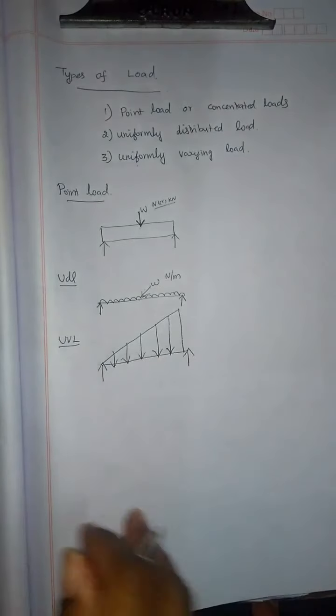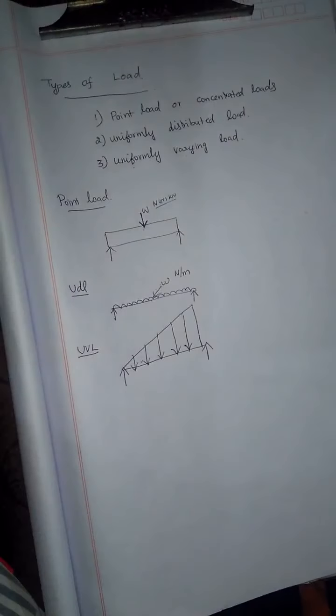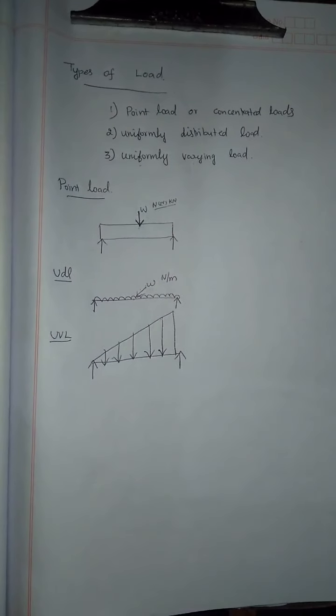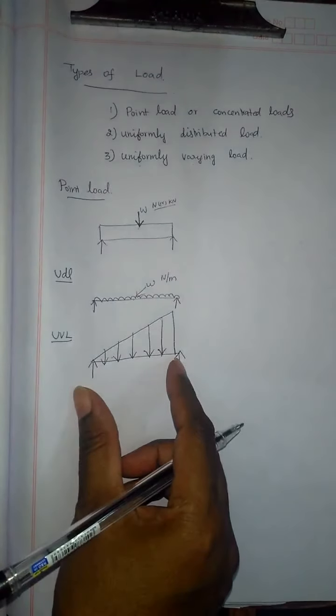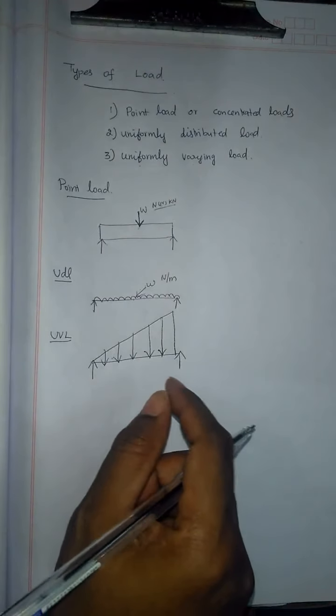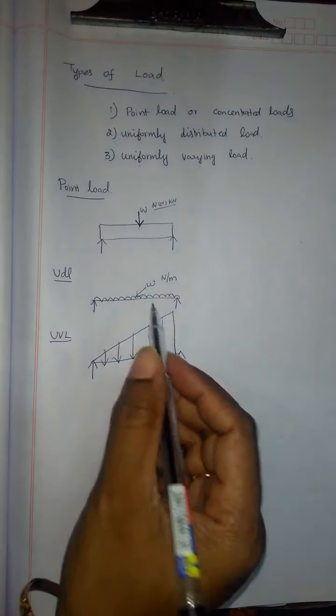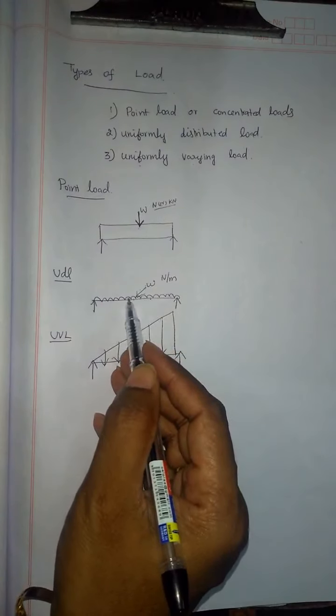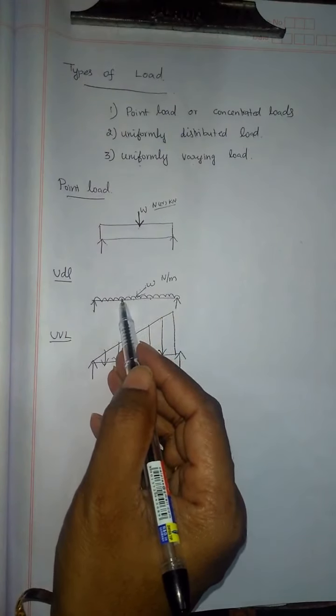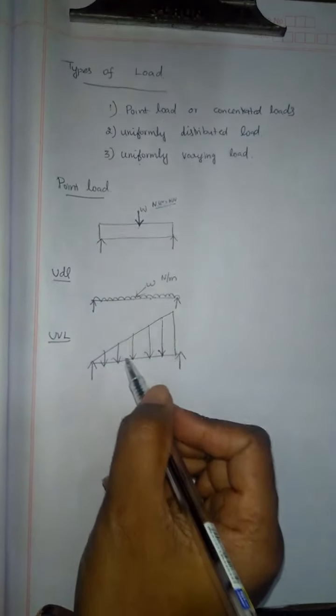A uniformly varying load is one which is spread over a beam in such a manner that the rate of loading varies from point to point. In this case the load will be distributed uniformly, but here the load will